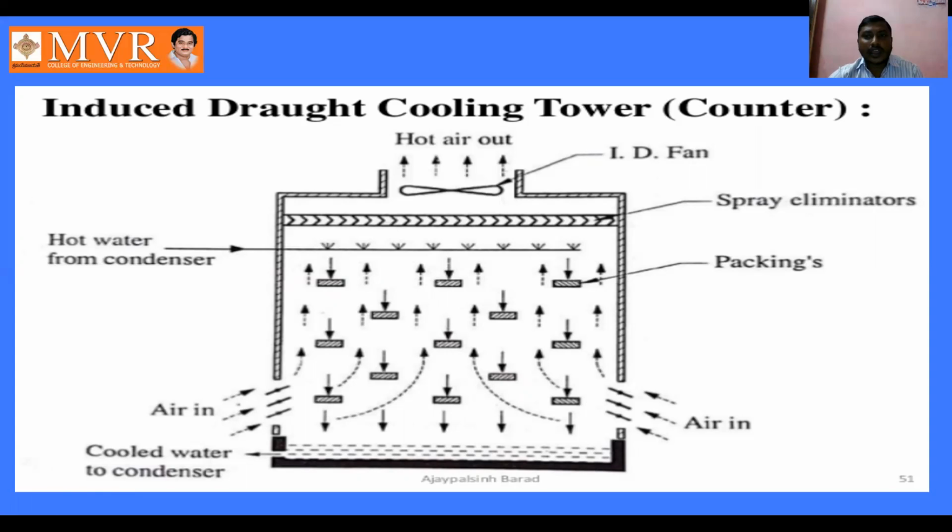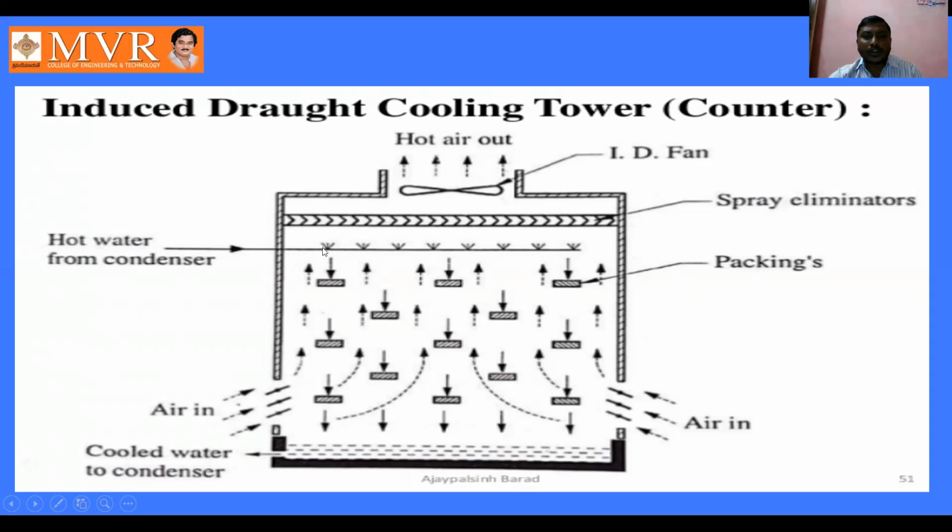But in natural draft, we are not using any fan for getting air into the cooling tower. In the forced draft cooling tower, we use a fan for entering the air into the cooling tower at the bottom. Coming to the induced draft cooling tower, we are using the induced fan at the topmost position of the cooling tower. See here, the procedure is the same: hot water is coming from the condenser